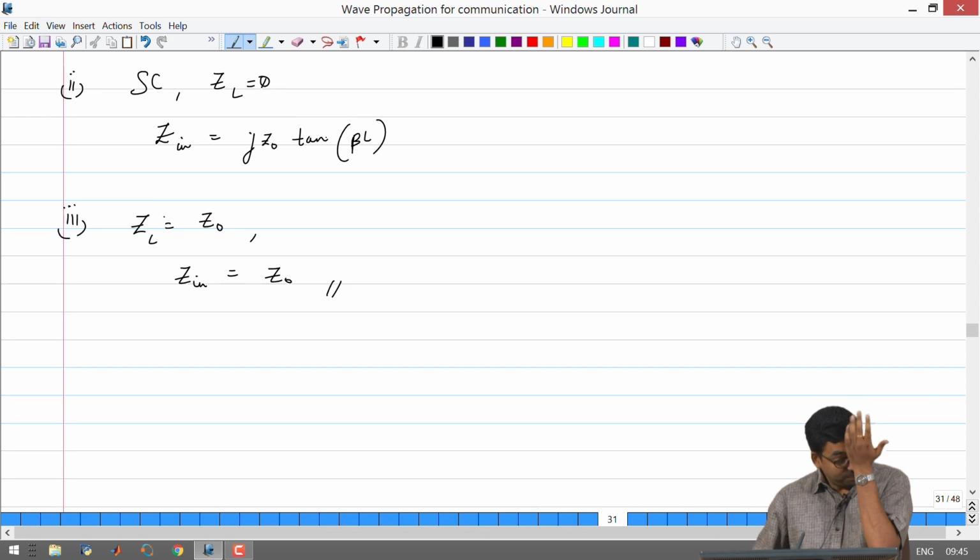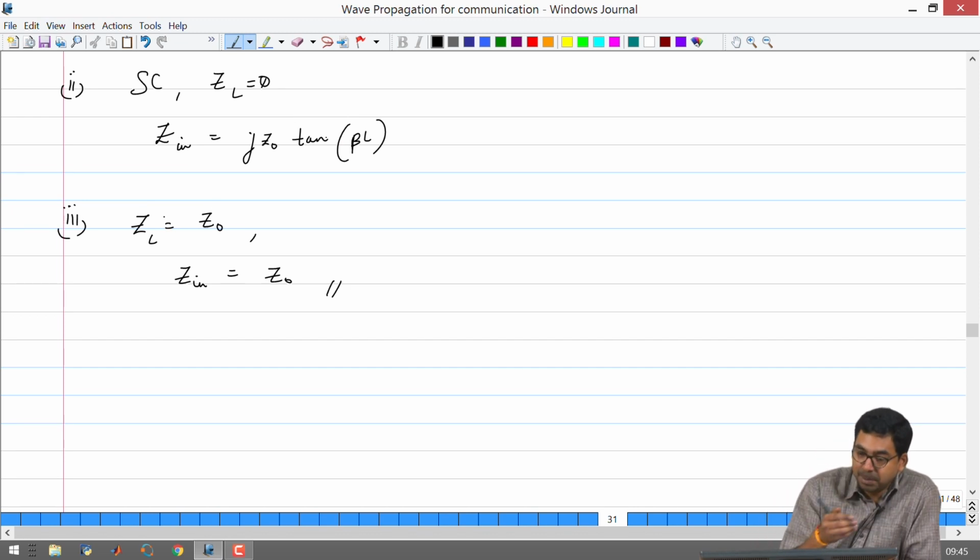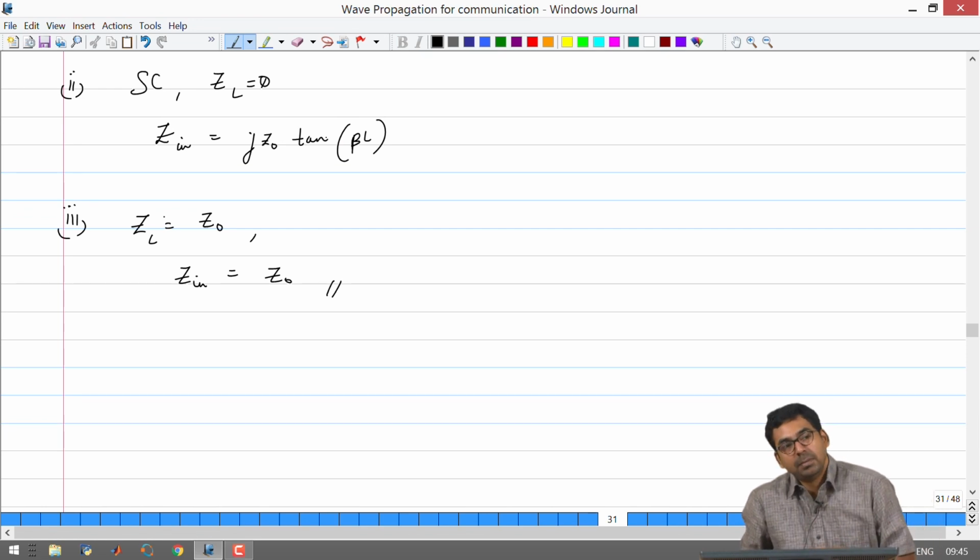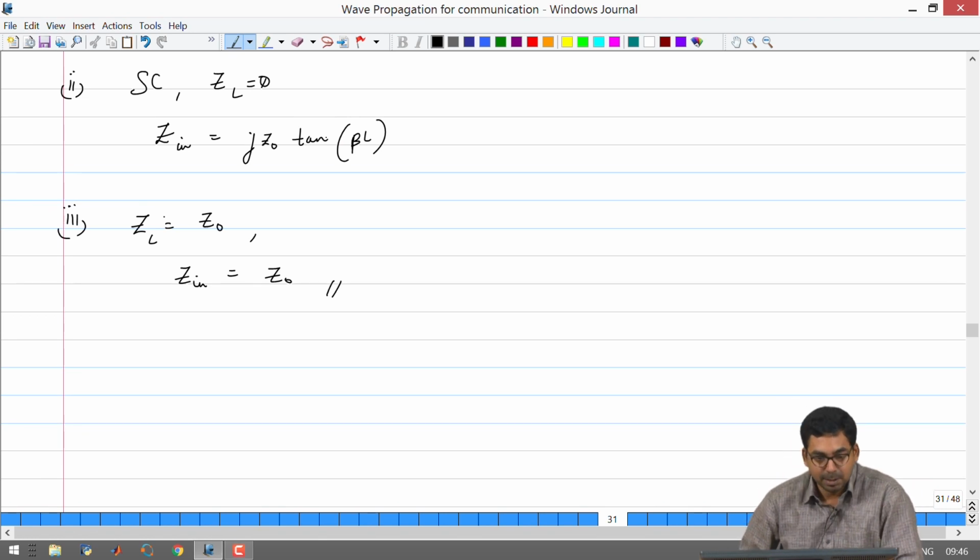So, thus far the procedure for analyzing the circuit is very much the same as in DC. You can calculate the load reflection coefficient as ZL minus Z naught by ZL plus Z naught, and depending upon the termination you will be able to find out what the reflection coefficient is going to be. But the only difference with respect to DC is that depending upon the position you will have places where your transmission line is always having 0 voltage or always having 0 current, etc. The impedance in your transmission line will be varying from one place to another depending upon the electrical length. These are some of the subtle differences.